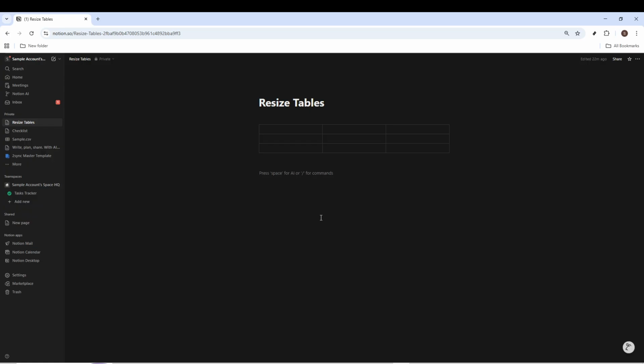Let's start by adjusting the width of your table columns. This process is very straightforward and only takes a few seconds. Move your mouse over the edge of the column you want to change. When your cursor turns into a double-sided arrow, that is your signal that the column can now be resized. Click and hold your mouse, then slowly drag left or right depending on whether you want the column to be